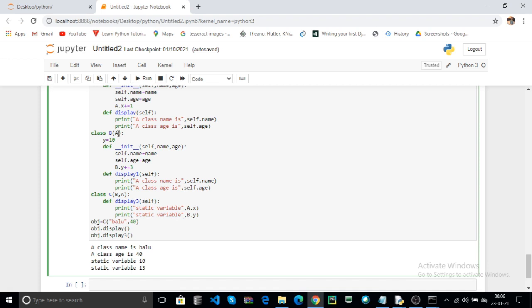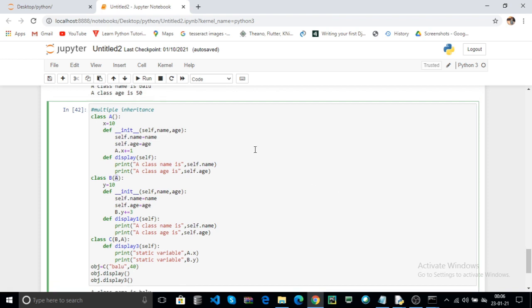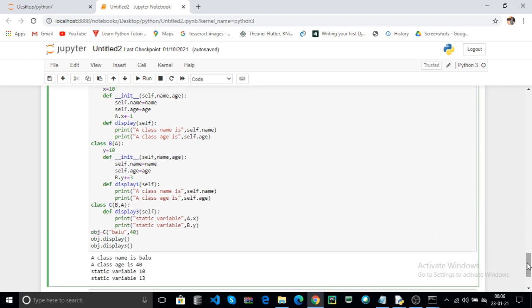Now why do I pass the A here? Here there is one problem. Here this is the same constructor, this is the same constructor. Now which constructor does it take? It is a confusion. If you call your B class, it takes this constructor. Here the B acquires the properties of your class A. That means your parent class constructor is overridden.